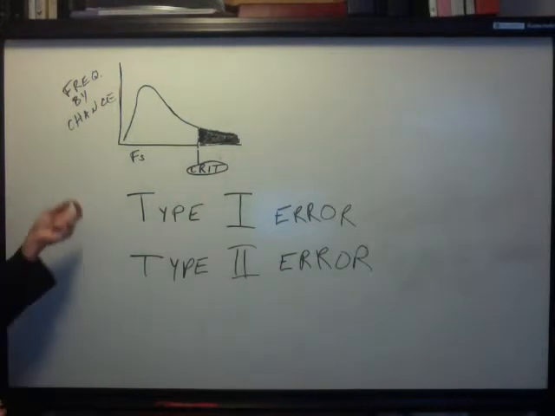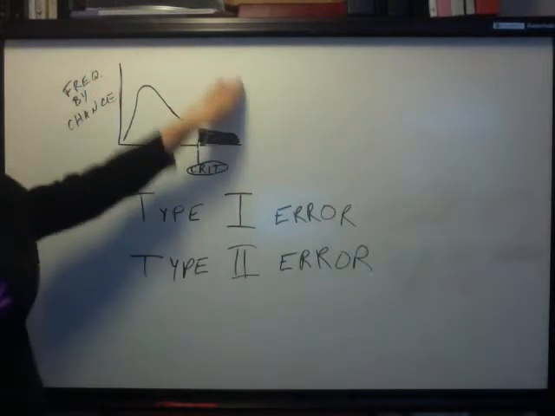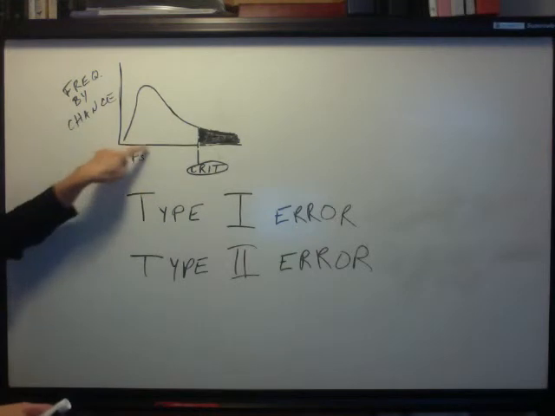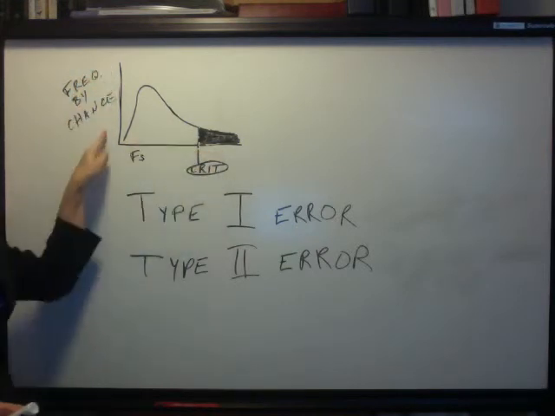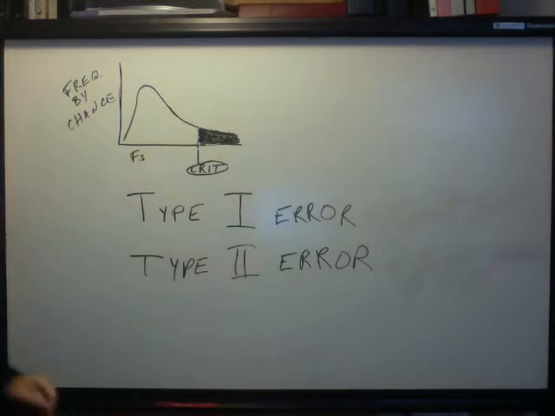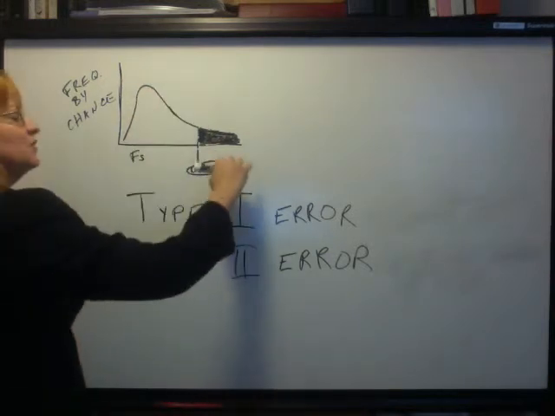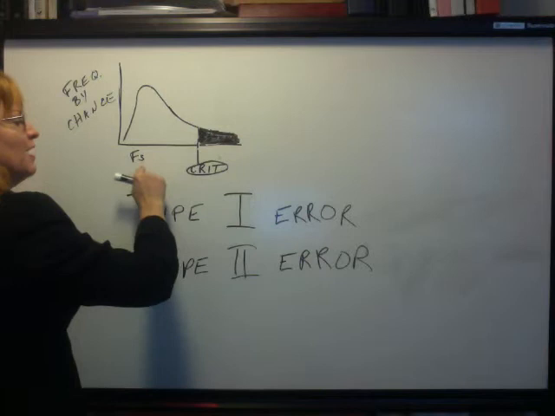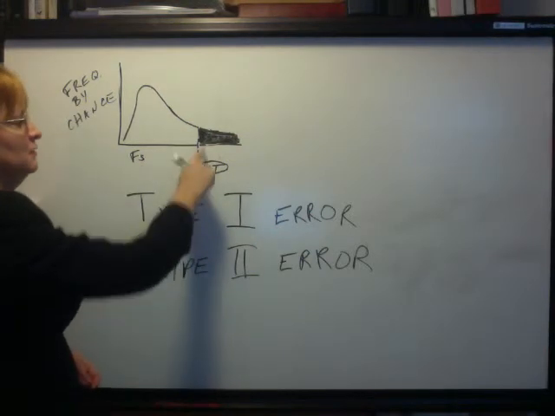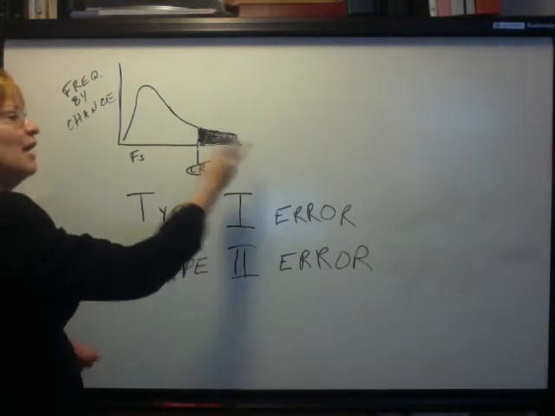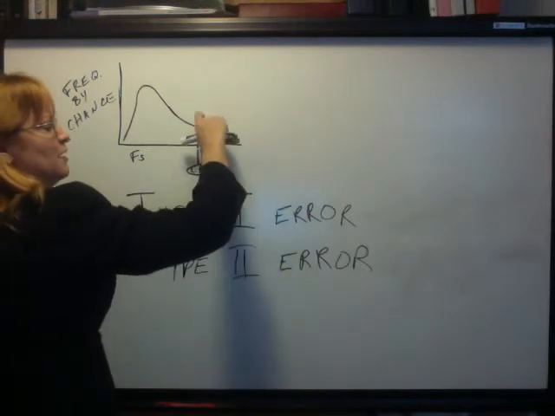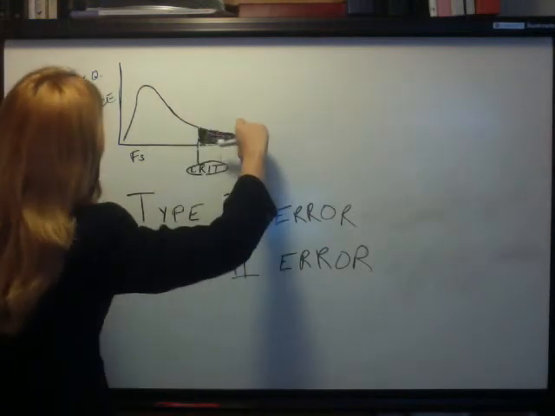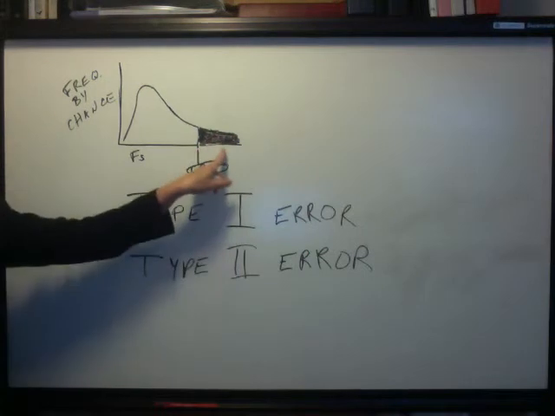So what we've done with an ANOVA is we've set up a picture of chance. We have every possible F listed on this axis, and then how often they occur by chance alone when there's no treatment on this axis. And that helps us to figure out a rare value of F. It still occurs by chance, but not very often. How not very often? Well, 5% or 1%. Whatever percent of the F ratios naturally fall out here, that's how often it occurs by chance.